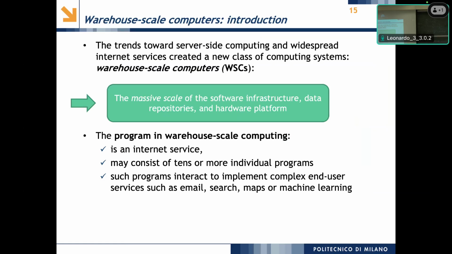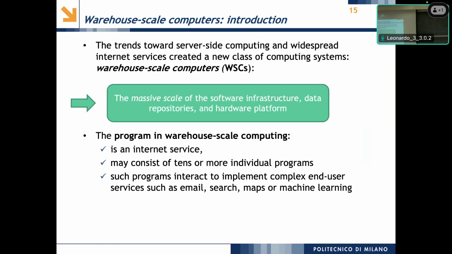And so usually, if we look at the evolution, what Google was doing in the early 2000s, they really built a single internet service, which was the search. If we look at the characteristics of these warehouse scale computers, the applications they were running were really limited. They were running 5, 10 programs like the search engine, the crawler, the ranking algorithm, right? They were really running a limited set of services that usually were interacting with each other.